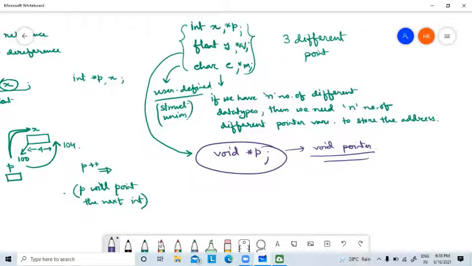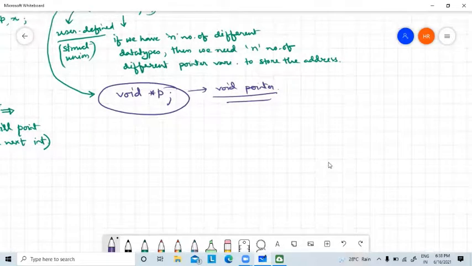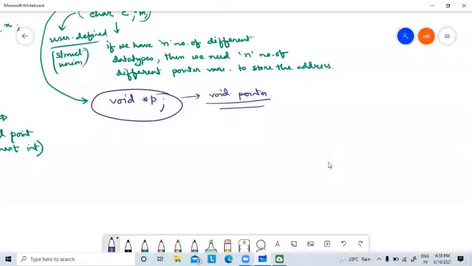Because if we have n number of different data types, then to store the address of those variables, we require n number of different pointer variables. To solve that problem, we can have one single pointer which is able to store the address of different variables.